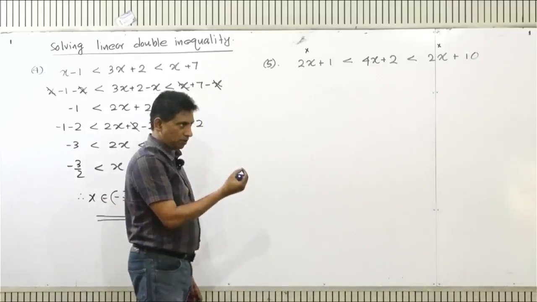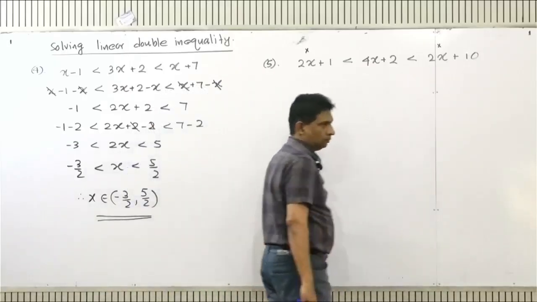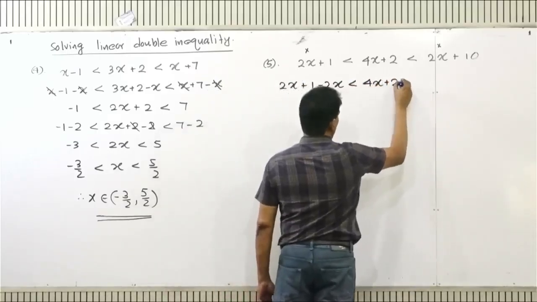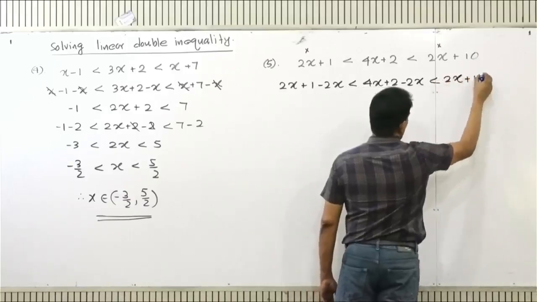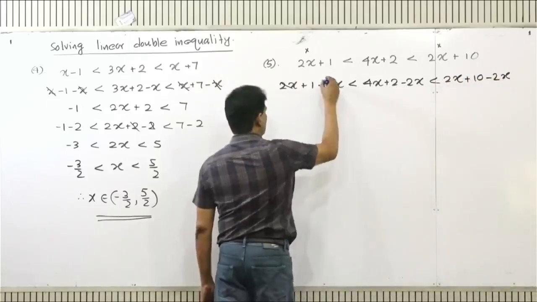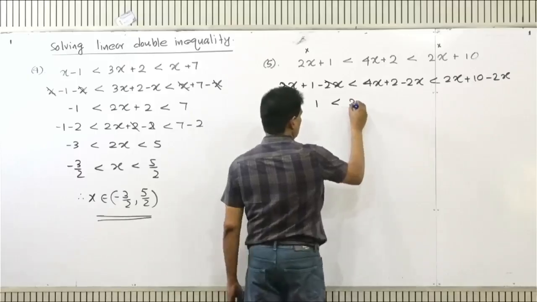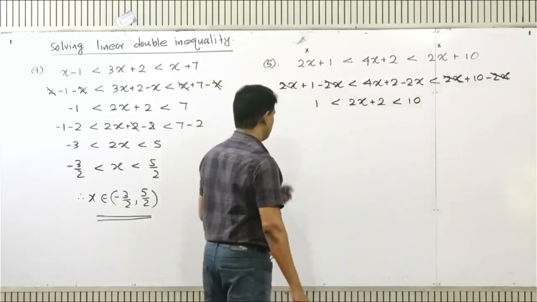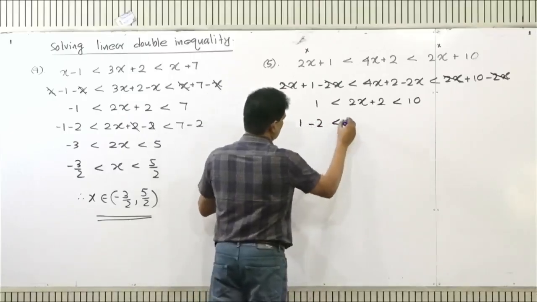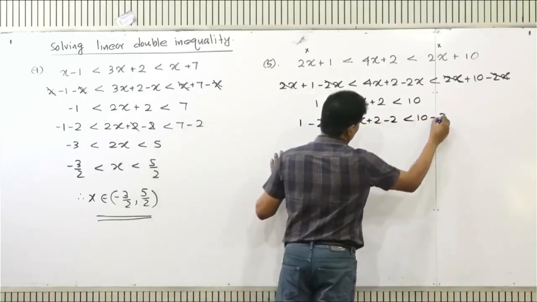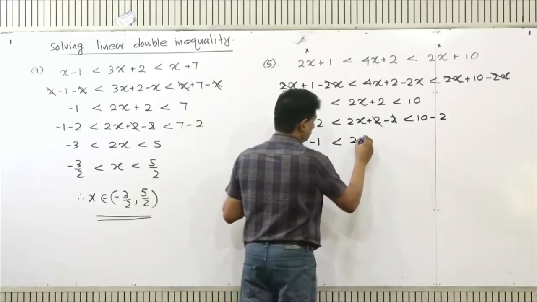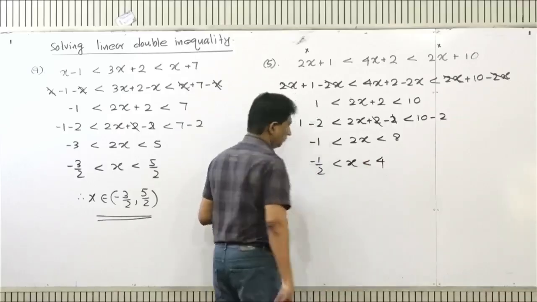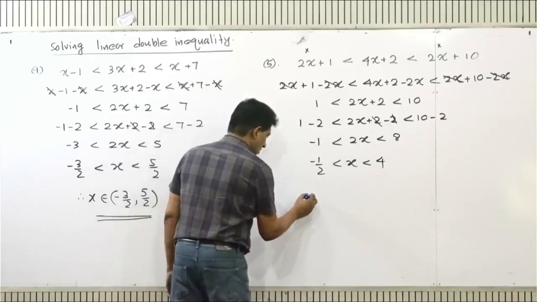By subtracting 2x, we can remove this 2x and this 2x, right? So we can write solution